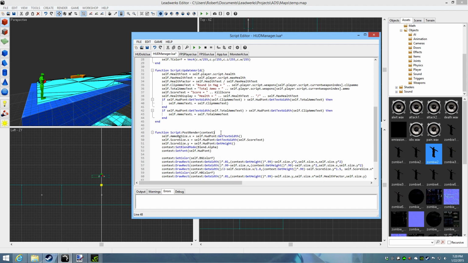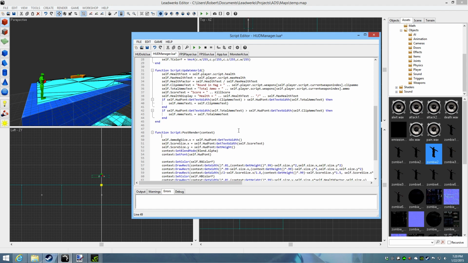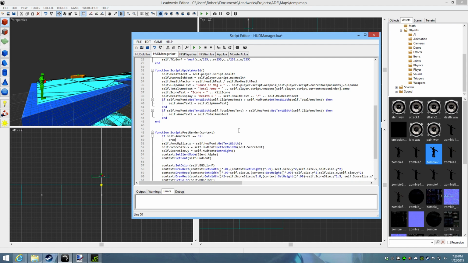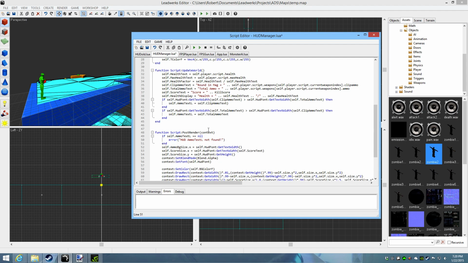Alright, so then what we want to do is right here, because we want to make sure, so if self dot ammo text L equals nil, then error, and we want to say HUD ammo text L not found. That way, if for some reason,